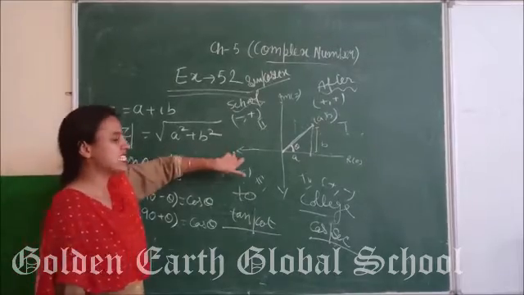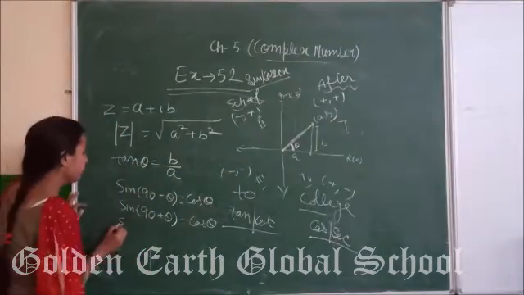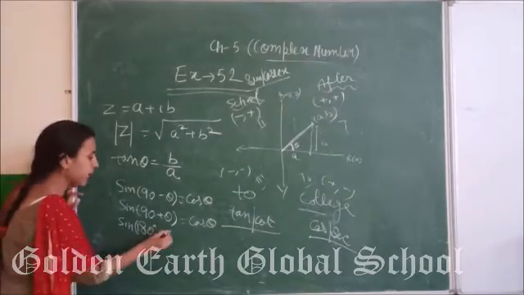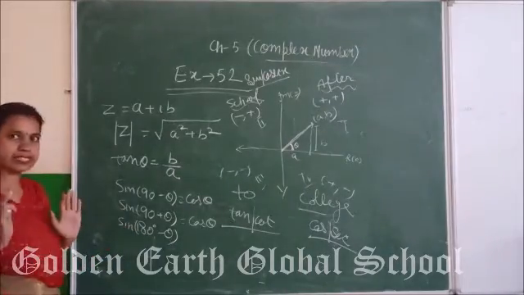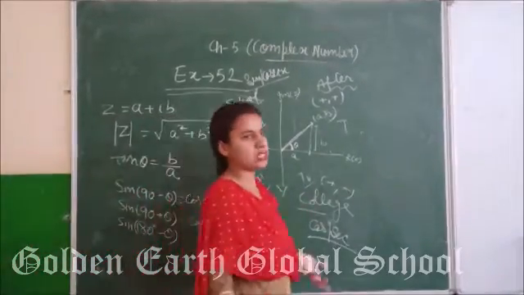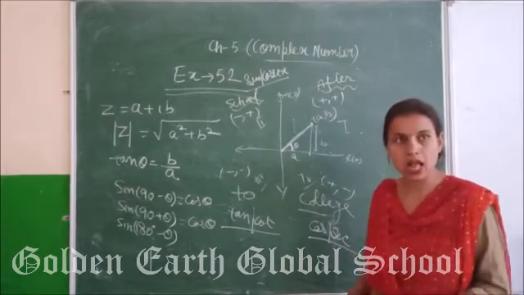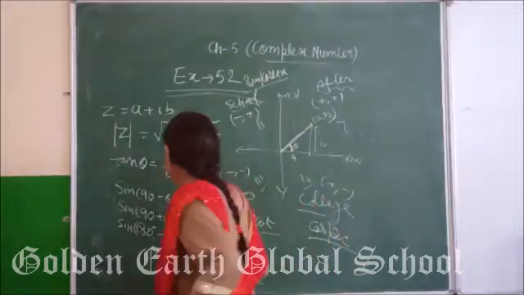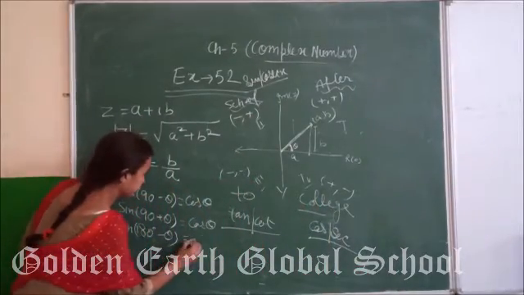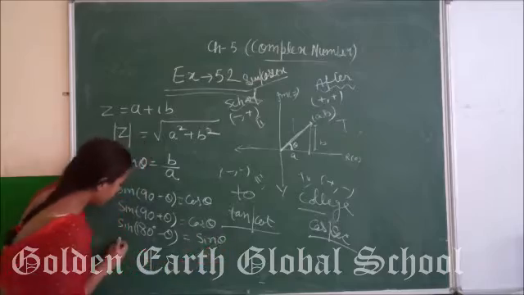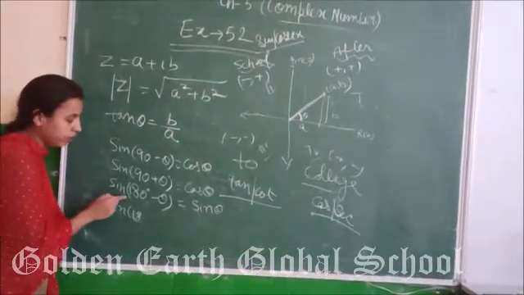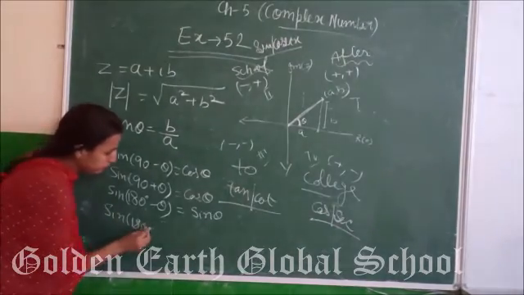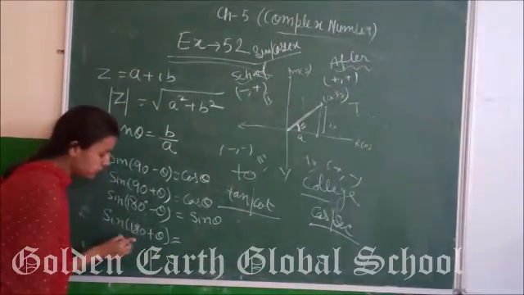But when we rotate by even multiples, that means if we rotate 180, that is two rotations of 90, then sin stays sin, cos stays cos, tan stays tan. But you have to put the sign according to the quadrant. That is, sin of 180 minus theta is equal to sin theta. If we discuss sin of 180 plus theta, this is equal to